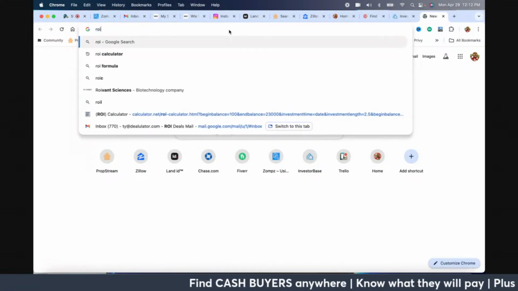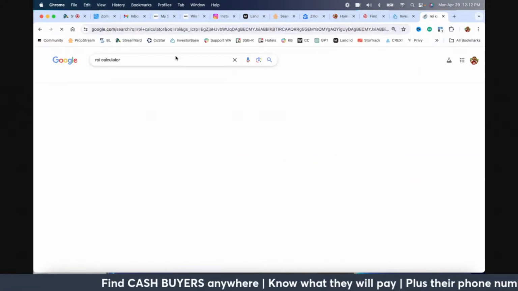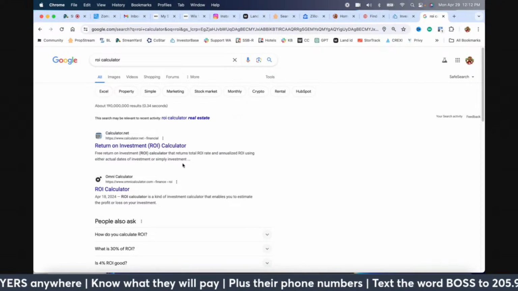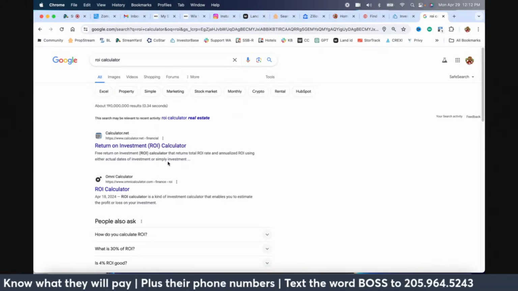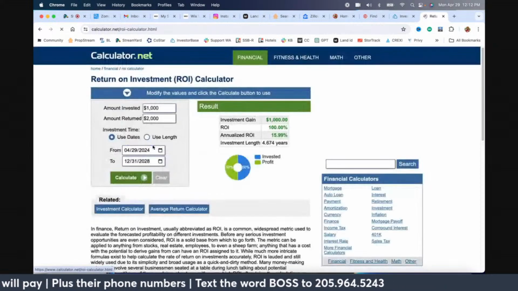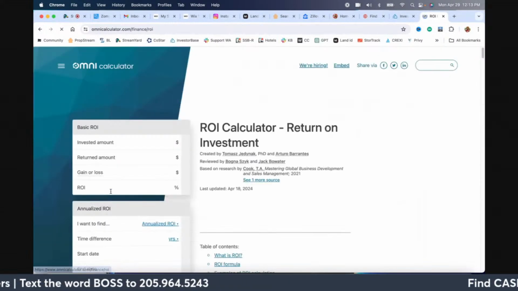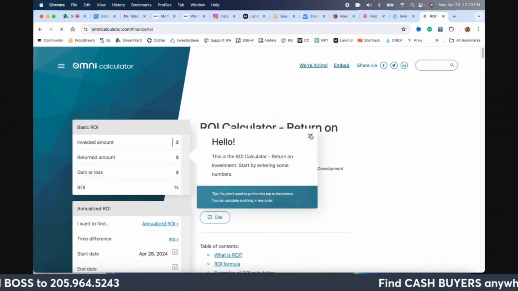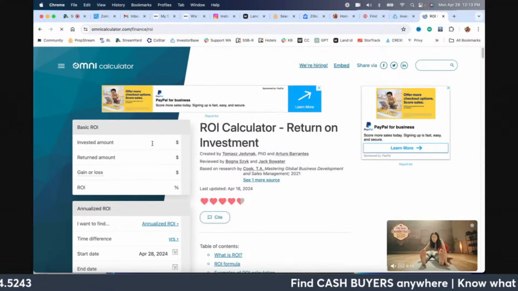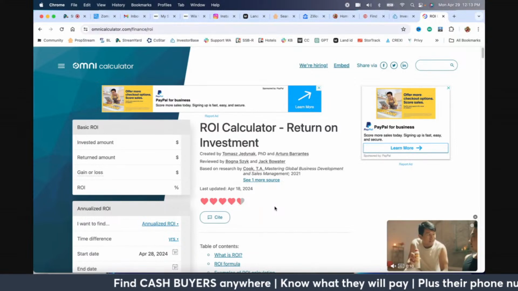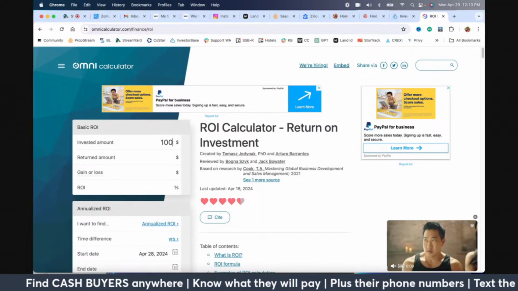ROI calculator. All right. So if you don't know what ROI is, it's return on investment. That basically means how much money you spend and how much you get back based on percentage, right? I hope this is the simple one. I don't think it is. I think it's this one, the Omni one. Okay, so this is the perfect example. If you invest, let's just say, $100,000,